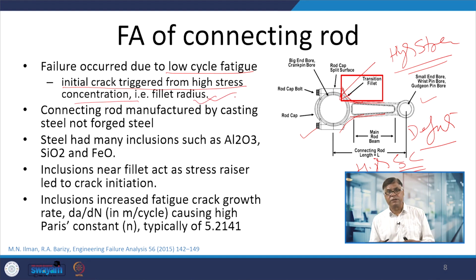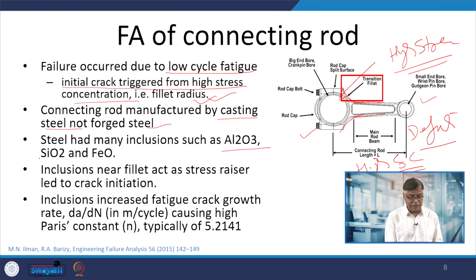So, the fillet was not found to be proper due to the improper machining which was used for fabrication of the connecting rod. And another important thing: the connecting rod was manufactured from cast steel, not forged steel. This was another aspect which was found, and the steel had many inclusions of alumina, silica, and